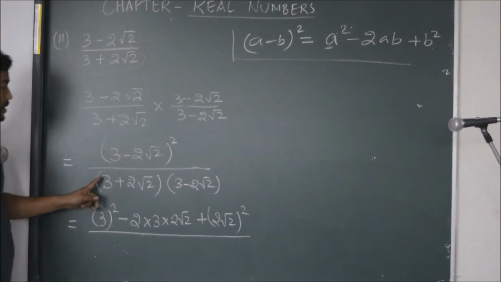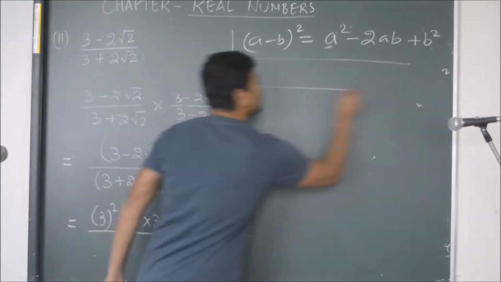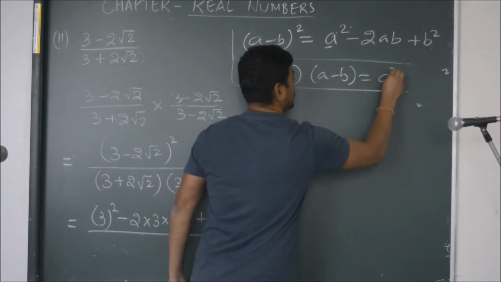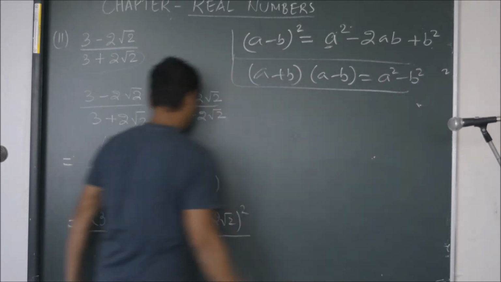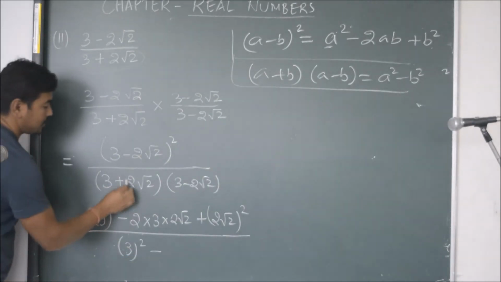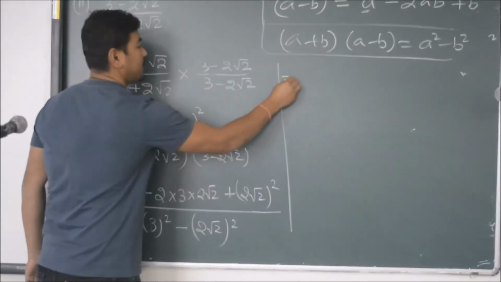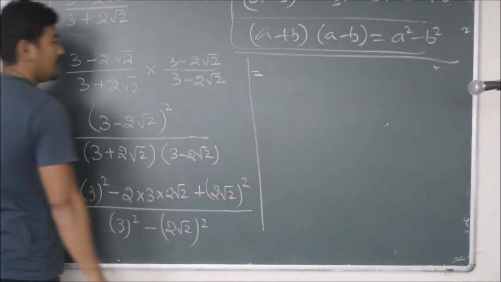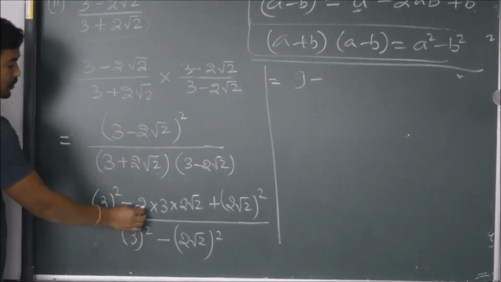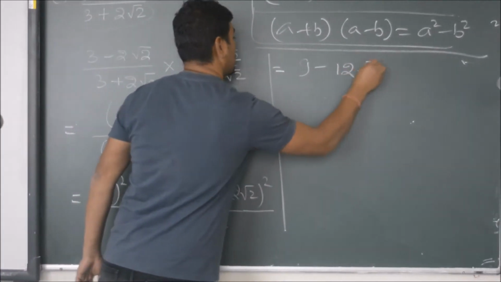So again, this denominator is in the form of a plus b, a minus b. Again, using the identity here, a plus b, a minus b equals a square minus b square. So a square minus b square. So a square means 3 square, minus b square means this one, 2 root 2 square. On further simplification, you will get 3 square is 9 minus 2 times 3 times 2 is 6 to 12. So you get 12 square root of 2